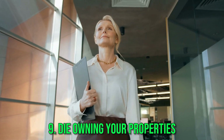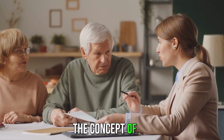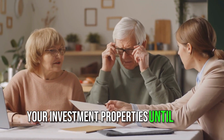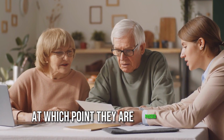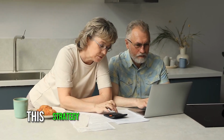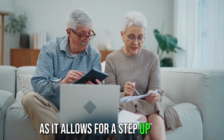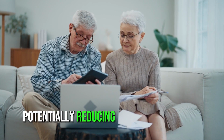9. Die owning your properties. The concept of die owning your properties involves holding on to your investment properties until your death, at which point they are passed on to your heirs. This strategy can be advantageous for tax purposes, as it allows for a step-up in basis, potentially reducing capital gains